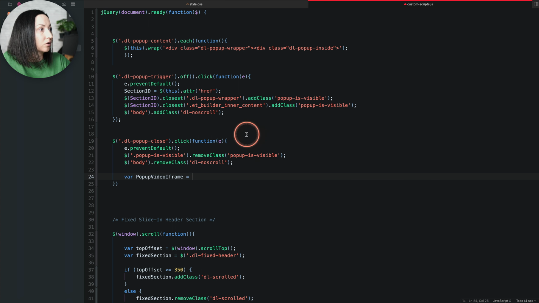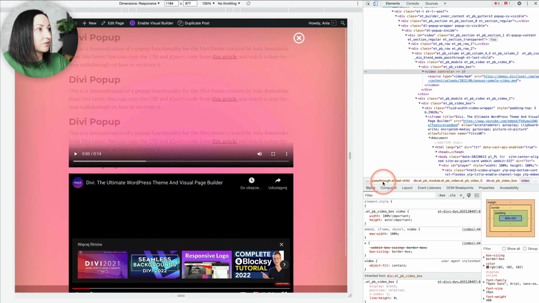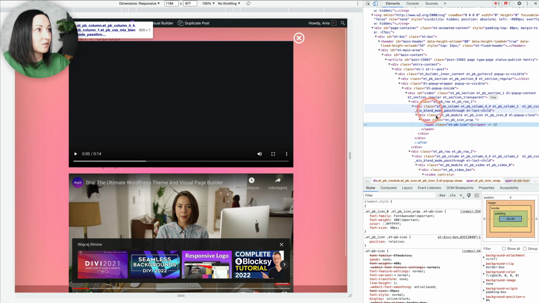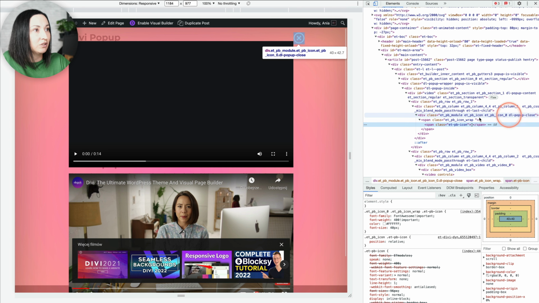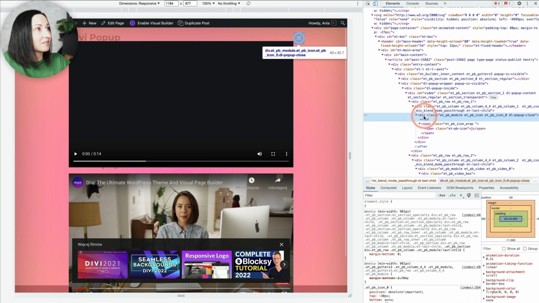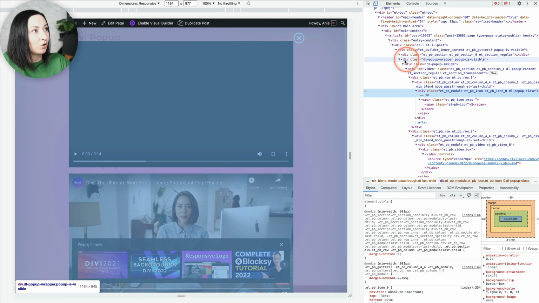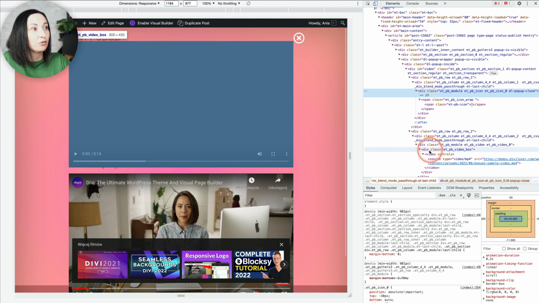So we want to first find, because let's look at the HTML structure. Our close icon, this element, this is what we are clicking, the DL pop-up close. It is somewhere next to that video. So first we have to find a parent. We have to go back to the parent, the wrapper, and then we will look within that wrapper for a CSS class of